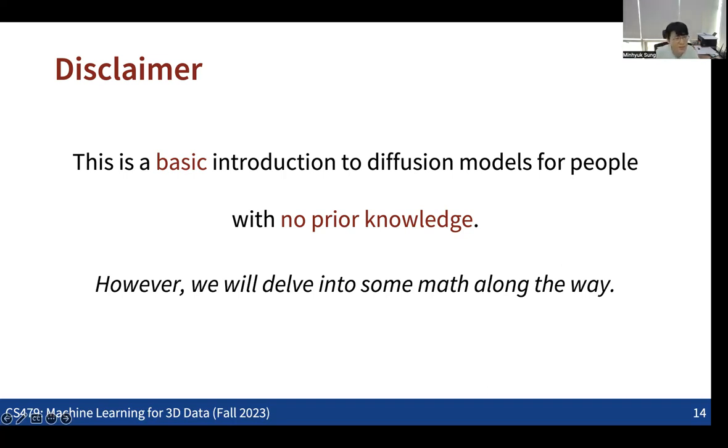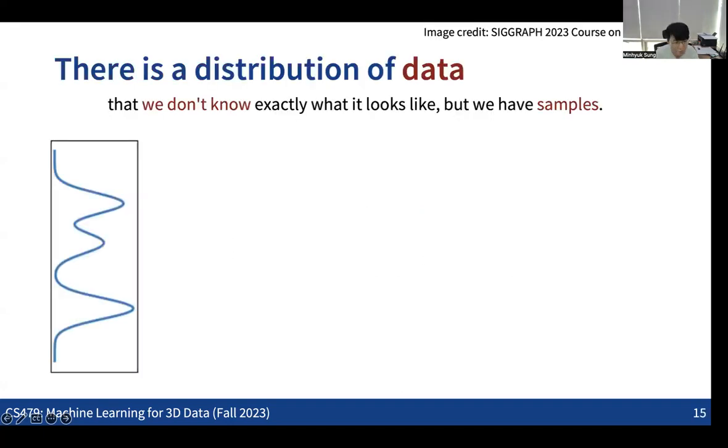So let's see the very high-level, basic idea of all generative models. What we are going to do in a generative model is learn some kind of data distribution. Let's think about some domain where all the data live. Here we are going to learn the data distribution, which means a probability density function that indicates how likely the data at each point is to be realistic data. This may not be that intuitive.